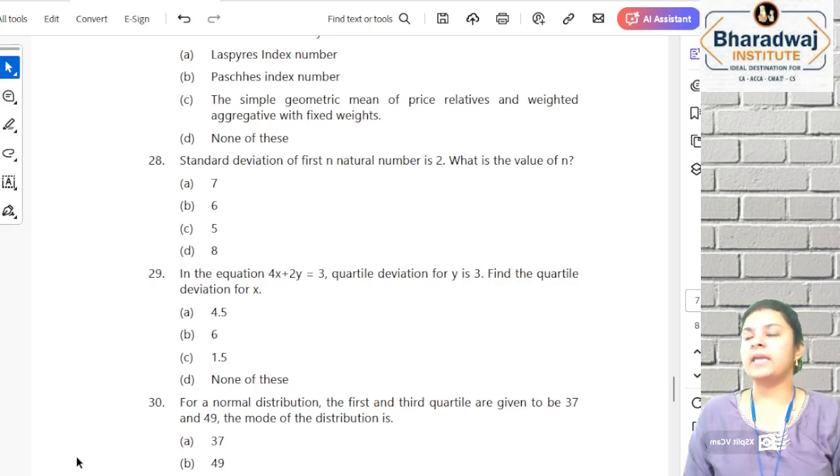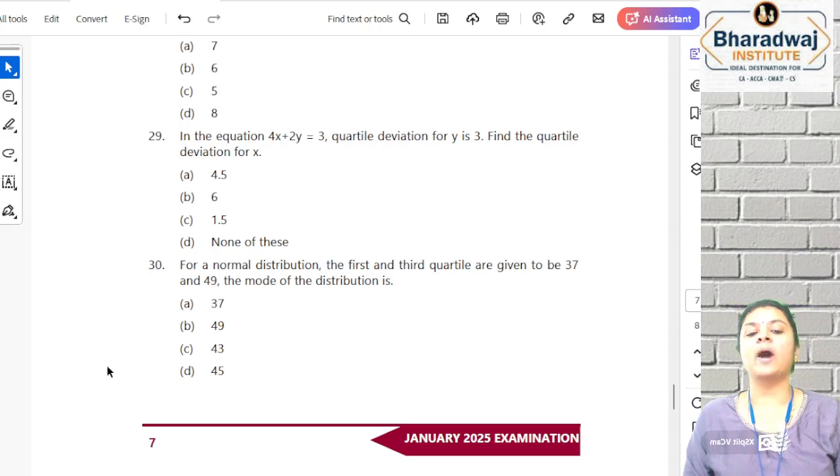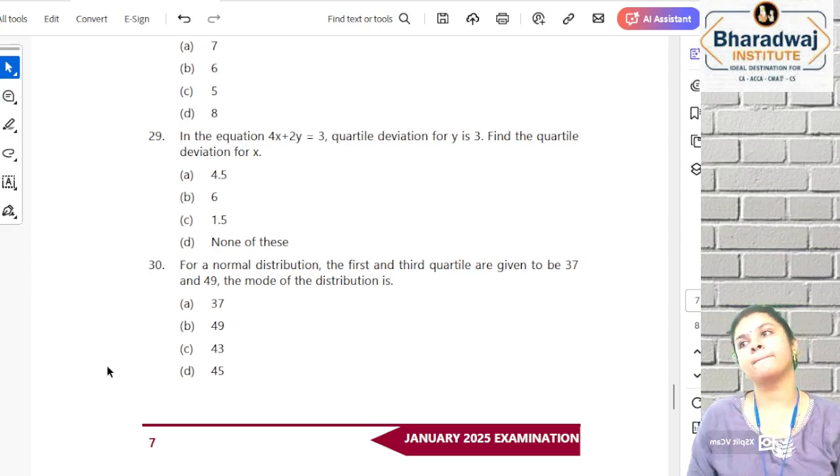Next, in the equation 4x plus 2y equals 3, quartile deviation of y is 3. Quartile deviation for x is? So quartile deviation is a measure of dispersion. Is it affected by change in origin? No. Is it affected by change in scale? Yes. You should use y is equal to modulus of b into x. So 2y is equal to 3 minus 4x. So minus 4 by 2 comes. So 4 by 2 into 3. Answer is